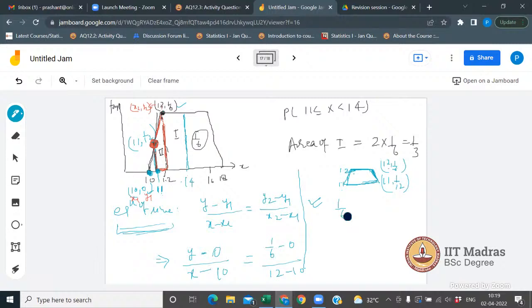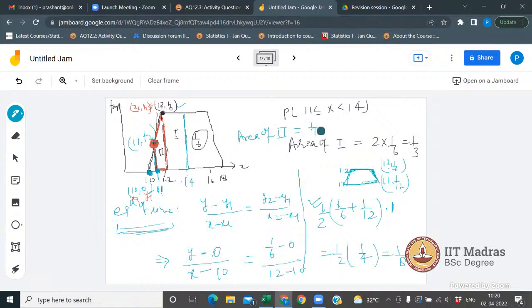1 by 6 and the lower one is 1 by 12. This is A plus B, into 1 by 2 and H is 1. Yes, sir. Now it will be 1 by 2. It will be 12 plus 6, 18. Yeah, it will be 1 by 4. It will be 1 by 8. So the area of the second region